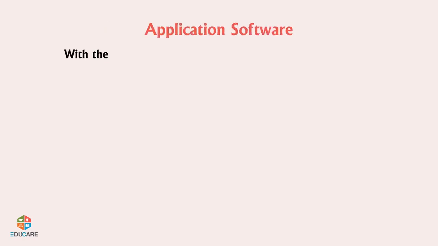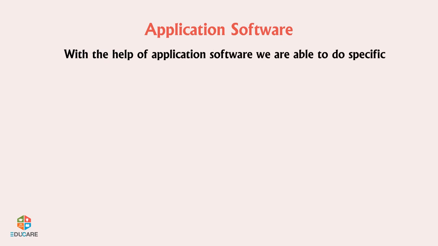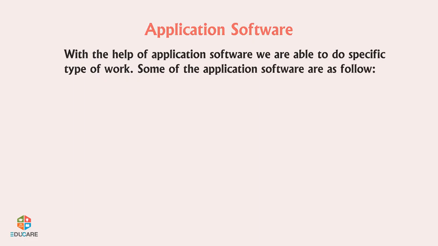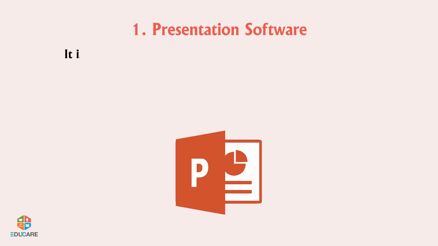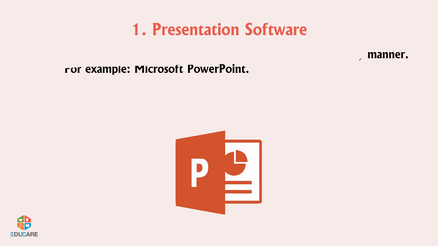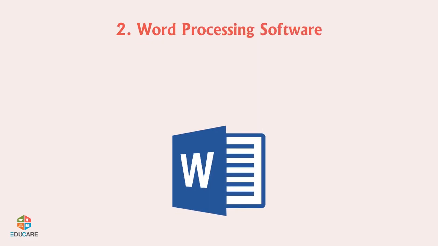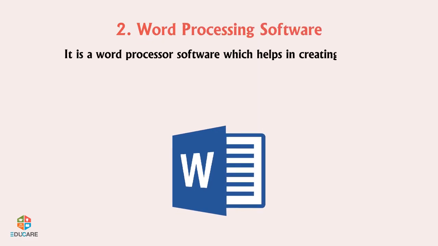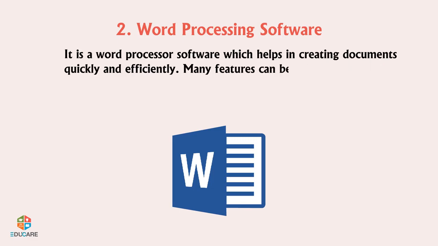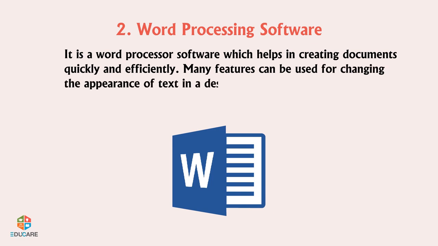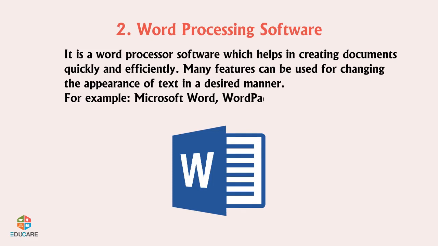Application software. With the help of application software, we are able to do specific type of work. Some of the application software are as follows. Presentation software. It is used for creating slides, animation, and video in a lively manner. For example, Microsoft PowerPoint. Word processing software. It is a word processor software which helps in creating documents quickly and efficiently. Many features can be used for changing the appearance of text in a desired manner. For example, Microsoft Word, WordPad,